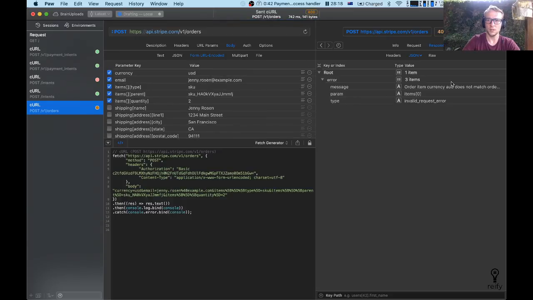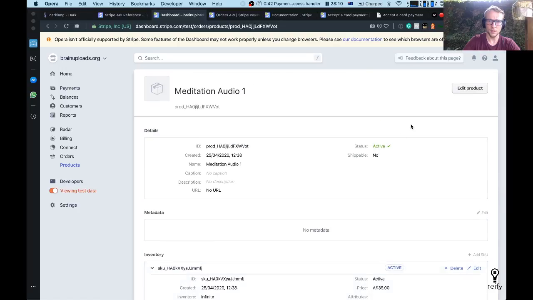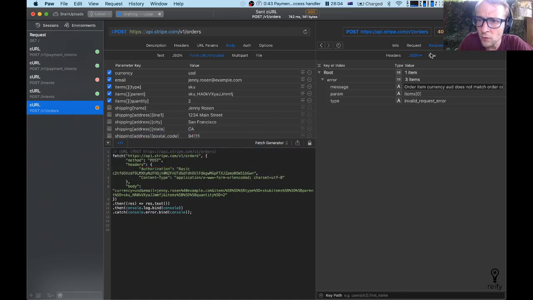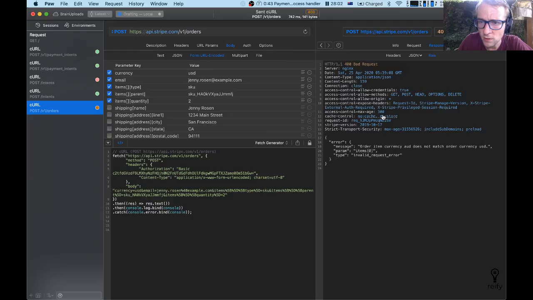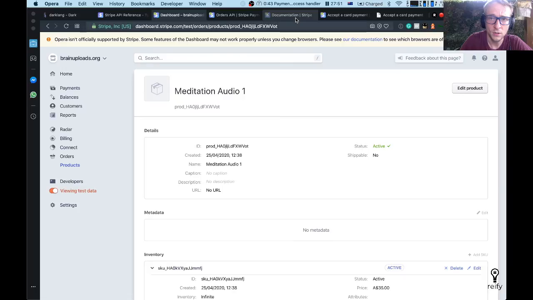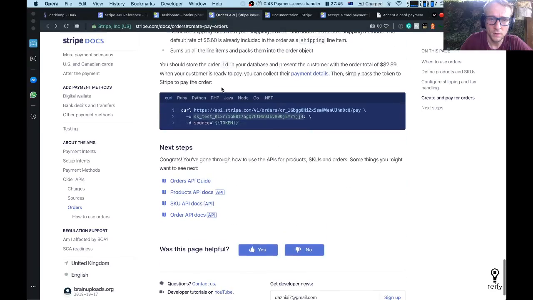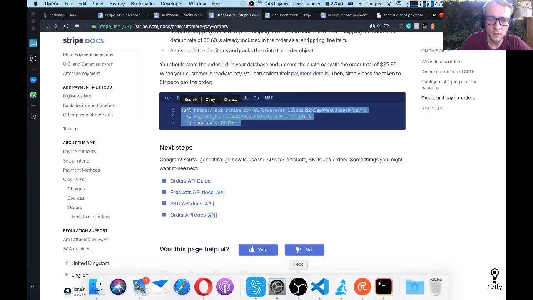Order currency name doesn't match order currency. So this guy is Australian, and somewhere in Stripe, you say order item currency doesn't match order currency USD. Ah, okay, so it's Australian dollars here. Okay, so that gave us an order. So that's an order actually created. So we can now use that ID of the order, and when we ping, when we have this, we can now, so again the same,